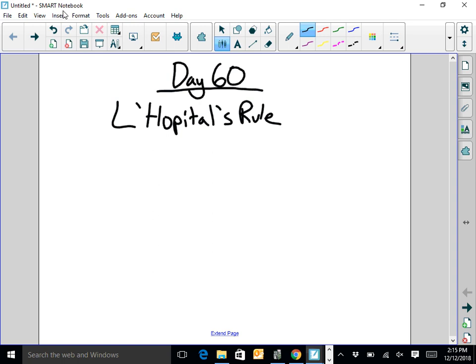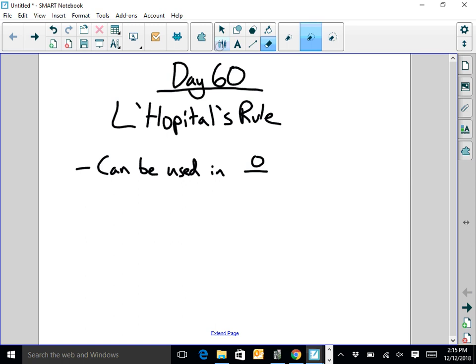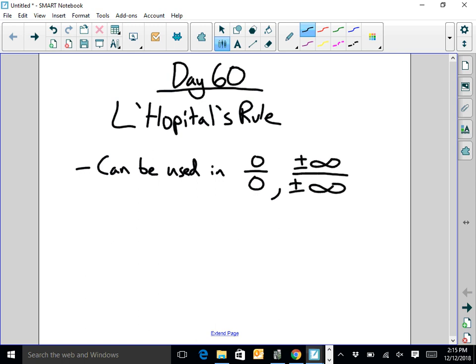Okay? So first thing to know about L'Hopital's rule is when we can use it. L'Hopital's rule can be used anytime we have 0 over 0. We can also use L'Hopital's rule whenever we have plus or minus infinity over plus or minus infinity. Okay? So those are the times when we can use it, and it's kind of a shortcut to getting the